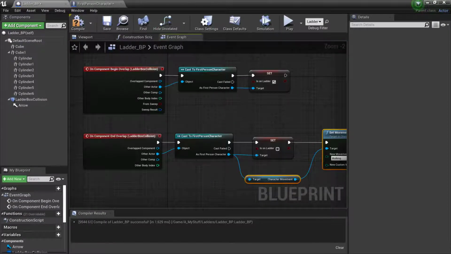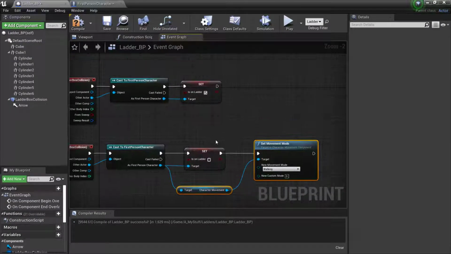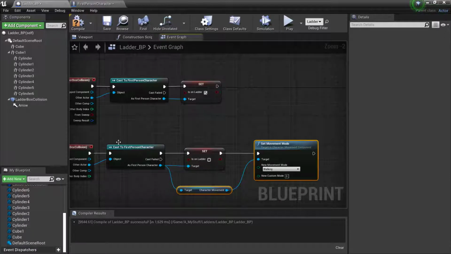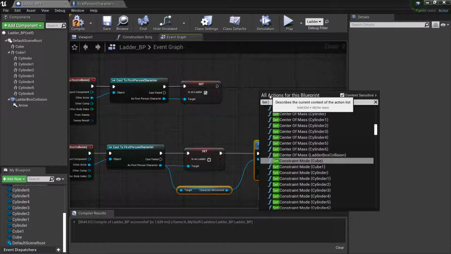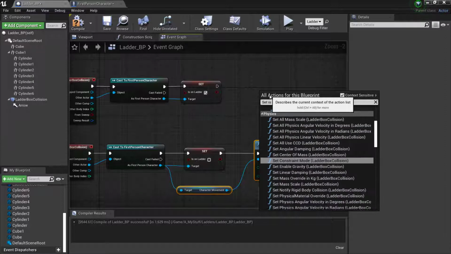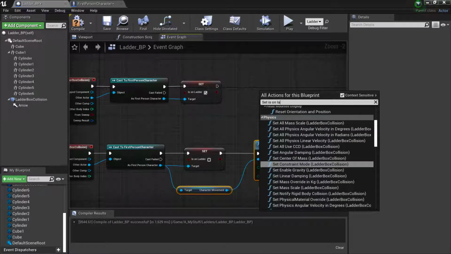Let's go back to the ladder, and now you will see where we got this. Normally what would happen is you would come down here, find this, and just drag it in, and instead of saying get an instance of, you would say set an instance of. But since it's not actually down there, what you'll have to do is right click, type in set is on, and if I could spell,